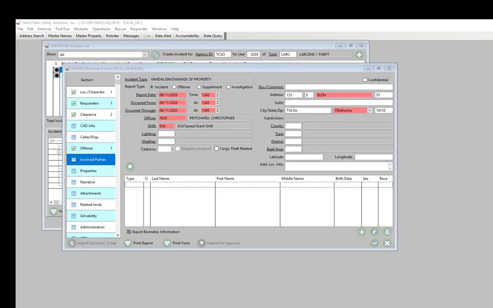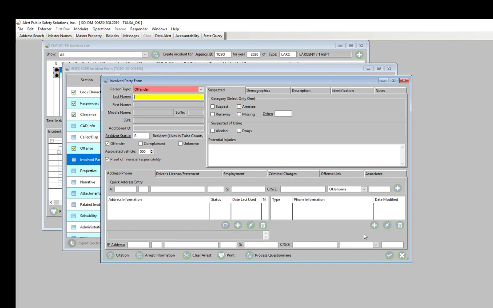The Involved Parties tab is where we add offenders, victims, witnesses, suspects, etc. To add a new involved party, I'm going to click the Insert Record button here. And by default, I get the offender as the person type. I can click this button to go to master names directly, or I can type in a name for a